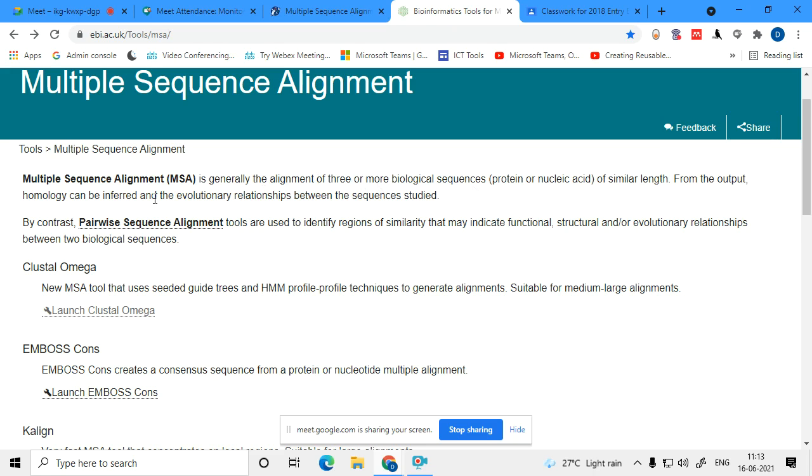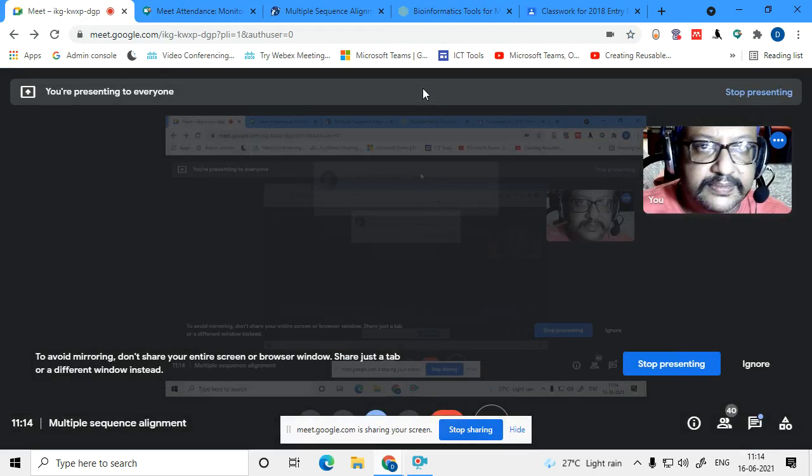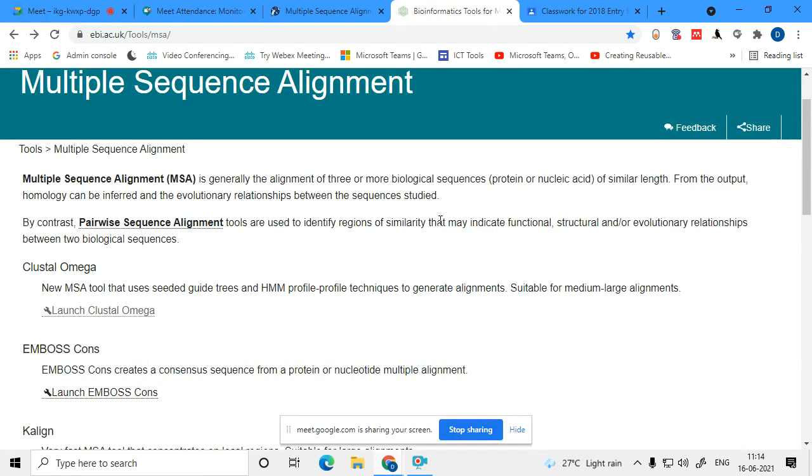They are sequences of similar length. From the output, homology can be inferred and the evolutionary relationships between the sequences studied.